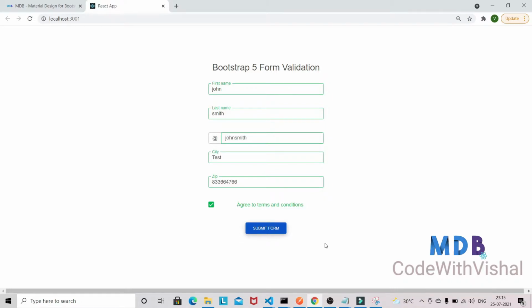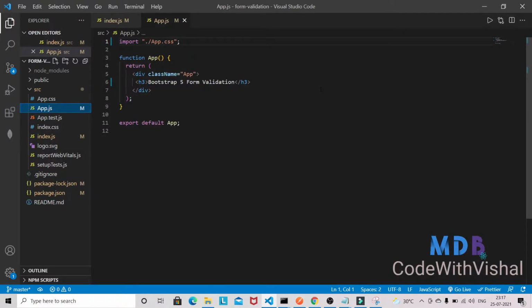So let's jump into the Visual Studio Code and start setting up the material design Bootstrap in our React application. So guys, I am in my Visual Studio Code and I have already created a React project using the command npx create-react-app and your project name.